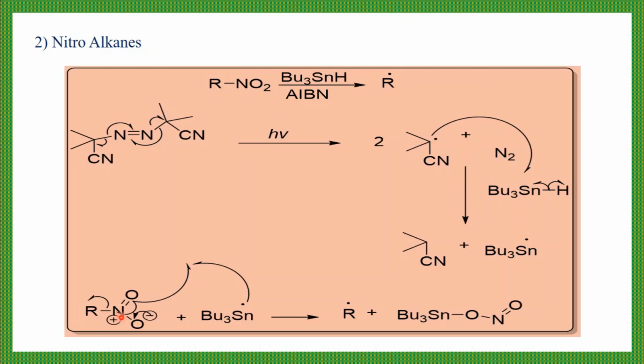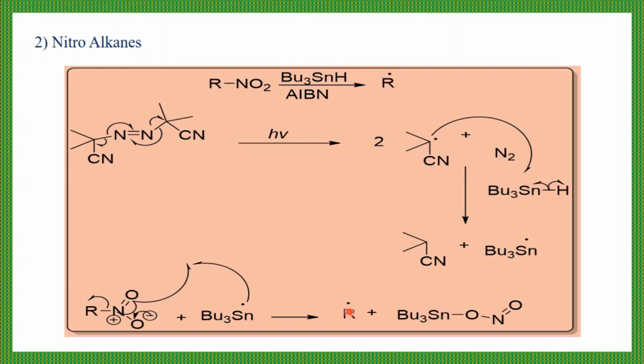It forms an oxygen-nitrogen double bond, and at the same time homolysis of this R-N bond of the nitro takes place, and it generates the R radical. And this tributyltin forms the bond with this oxygen, and the double bond delocalizes. It forms a nitrogen-oxygen double bond. Now